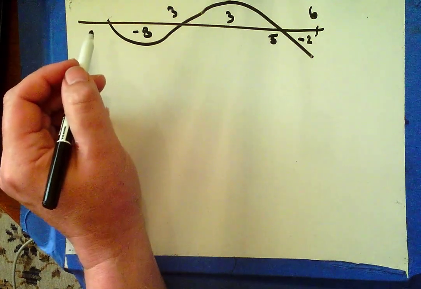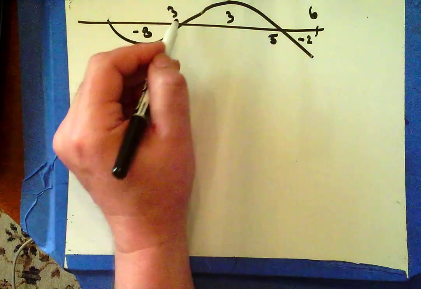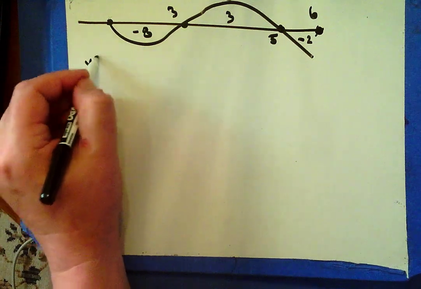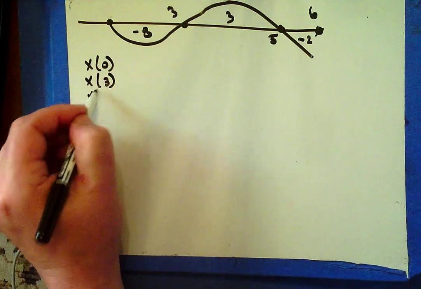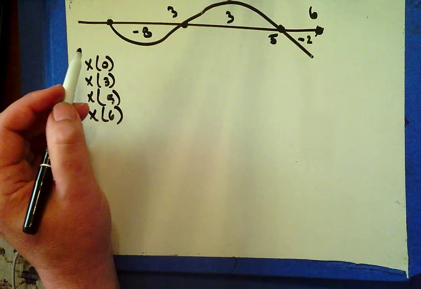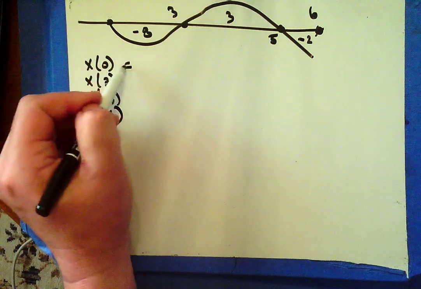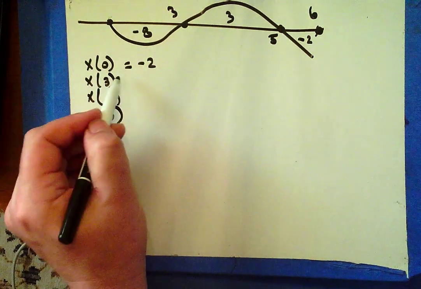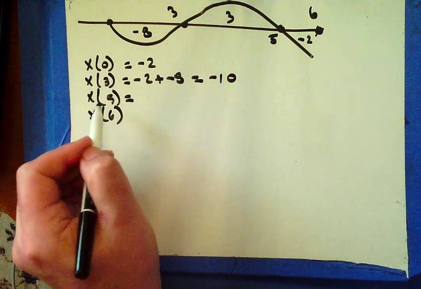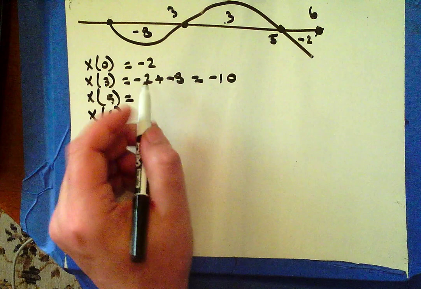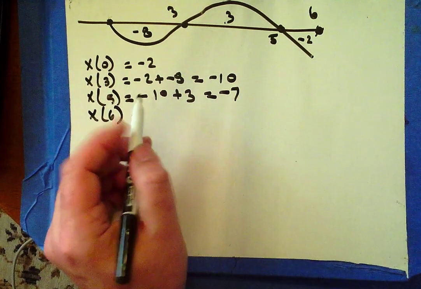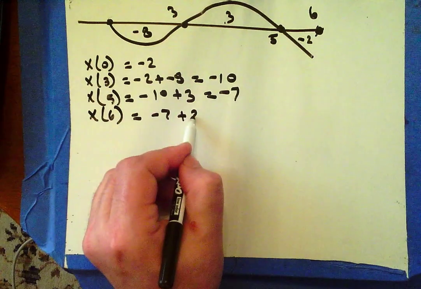Okay, so what do they ask? Find the time and position the particle is furthest to the left. So I want to identify some candidates, and I want to consider x of 0, x of 3, x of 5, and x of 6. x of 0, at time equal to 0, we're told we're at negative 2. And then we move negative 8, so negative 2 plus negative 8 is going to be negative 10. That's negative 10. We move up 3, so negative 10 plus 3 is negative 7. And then we move down 2, so we've got negative 7 minus 2